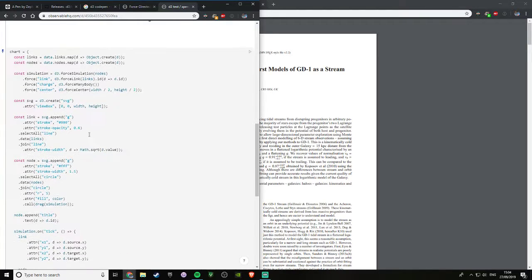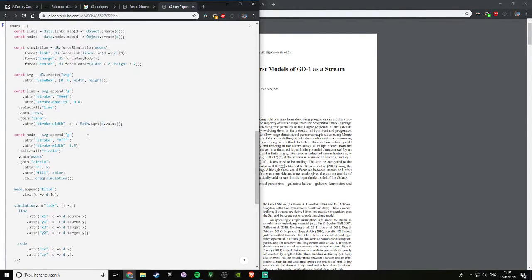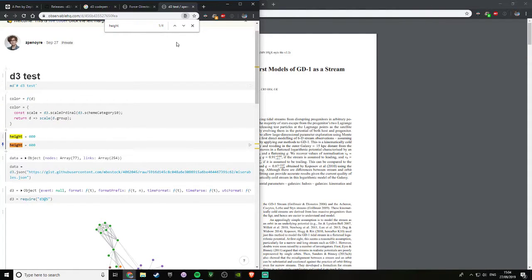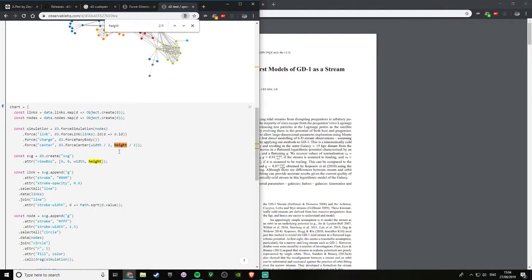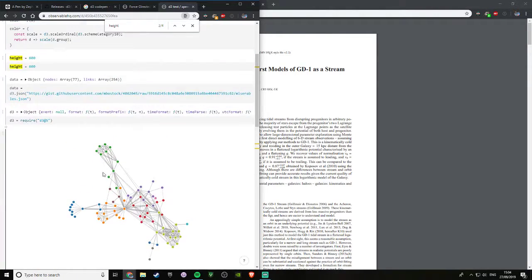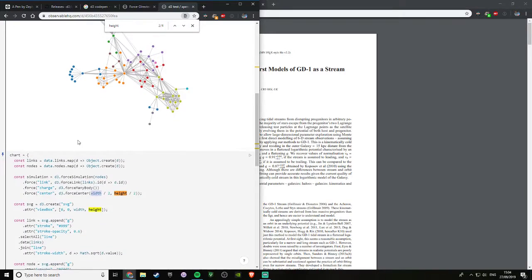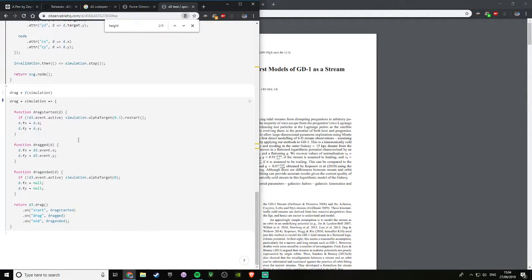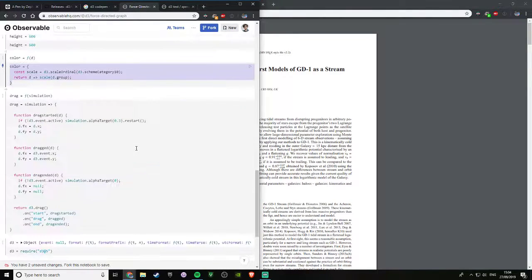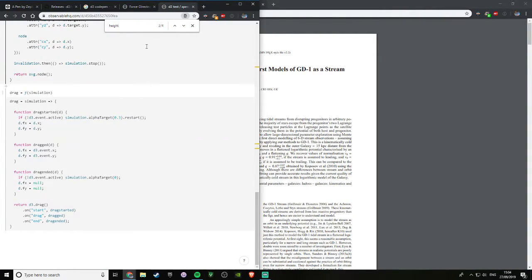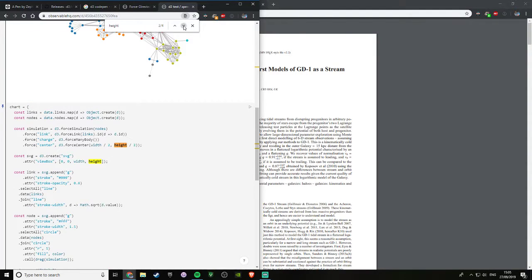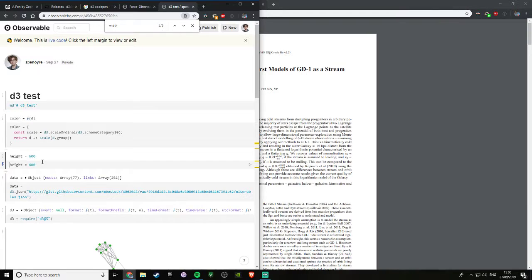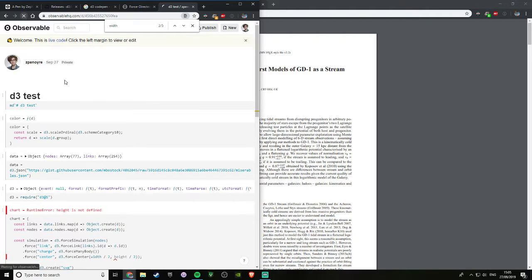I'm sure the height is being used, but it's not really needed, is it? How do we use height? Width. What? Why would we set height and not width? Height. Width we just set. So if we don't set height, if we delete that cell, and if we reload the